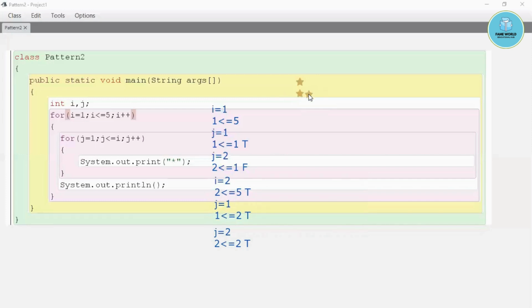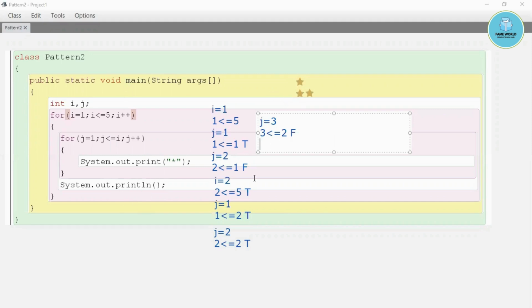So it will print the star at second row and second column like this. Okay. So then it will again increase the value of j, that is now 3. Then it will check 3 less than equals to 2 because the value of I was 2. The condition is false this time. After that, it will just come out and the cursor will be positioned on the next line because of this ln.